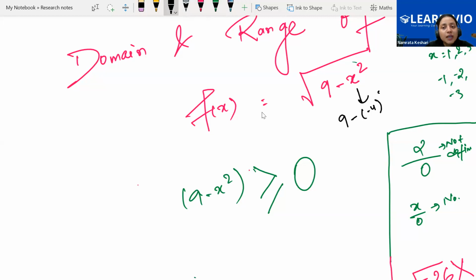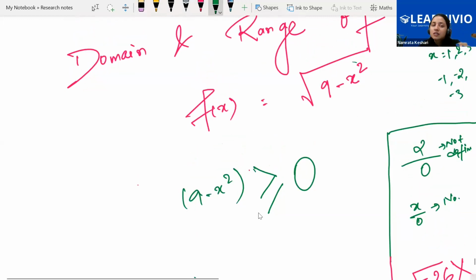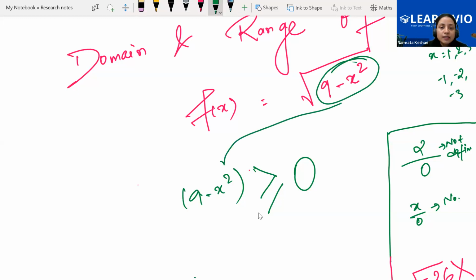When we do minus 4 square, it will be plus 16. Again, 9 minus 16 will create a negative number inside the root sign, which is not acceptable. So this gives us a rough idea of which numbers fulfill the criteria and which numbers we must not take. But if we do it like this, we will get exactly the interval. Whatever is inside the square root has to be bigger than